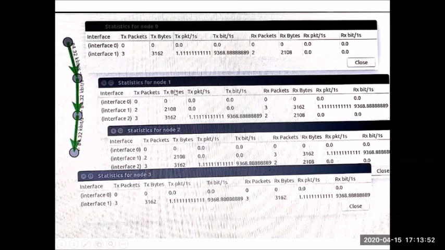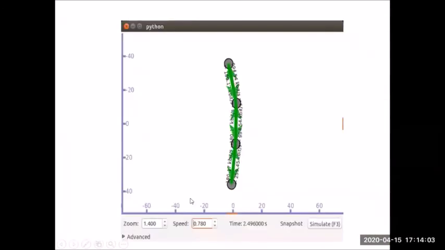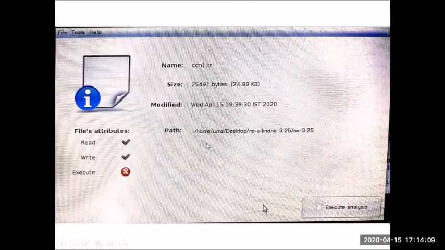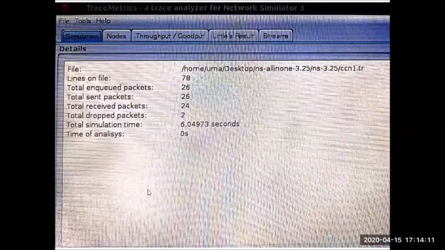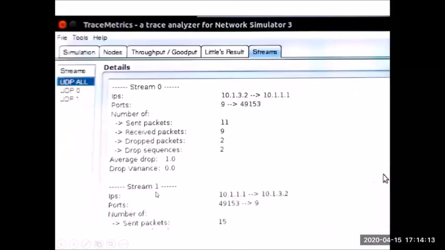I had opened everything before running or before simulation. Everything is saved here. You see how it is populated. How many bytes were sent, how many were received, everything is populated. This is the animation which you will see in PyViz. Finally, if you use trace metrics, you will see something like this. So I'll share the video for both these things, which you can study.